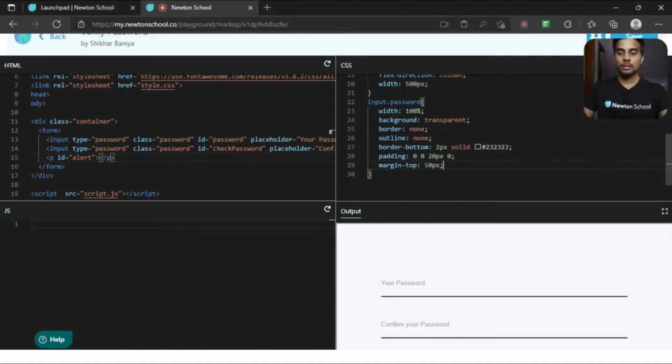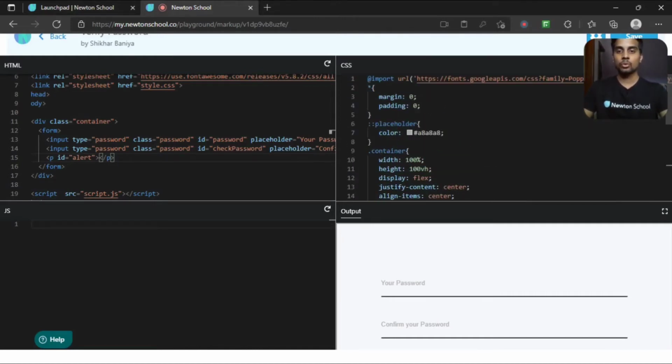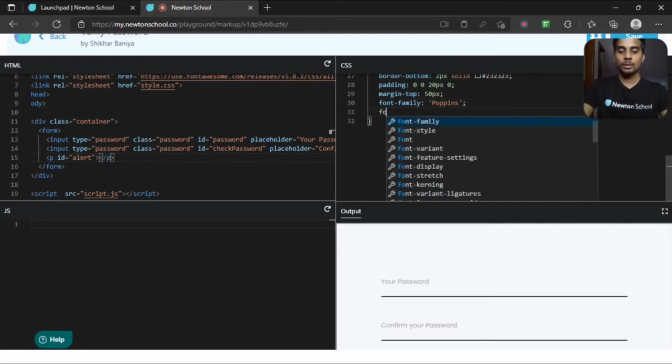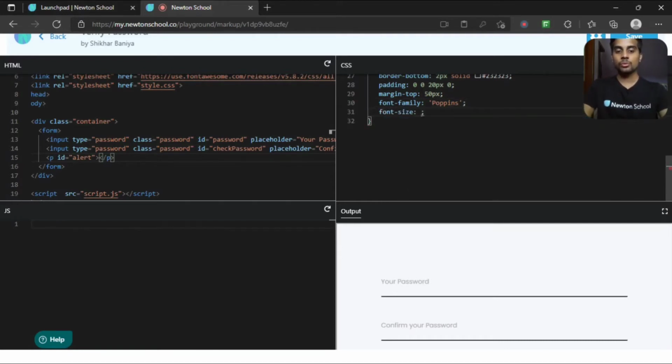Let's change the font family to Poppins, for which we have added the Google font. So as you can see, we changed the font family. Let's change the font size to 16 pixel. Okay, the size got increased.